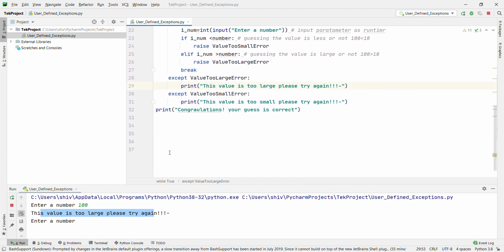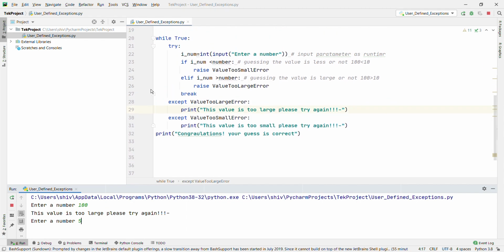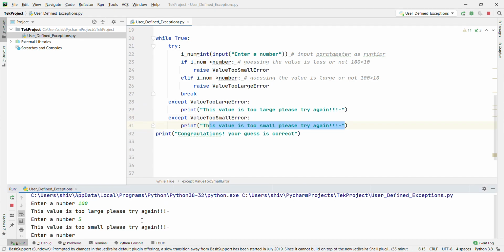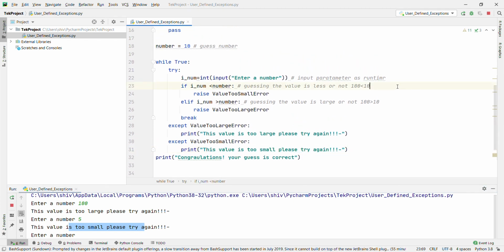Now what will we give? Now I am going to give a value less than 10, just like 5. Then what will happen? Enter, it will come to the error, "The value is too small, please try again." Enter and see, right? What will happen here? We are passing the value 5. Now inum is equal to 5, right?